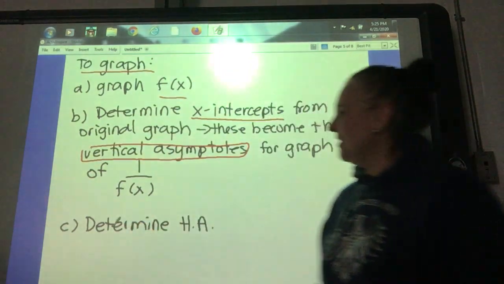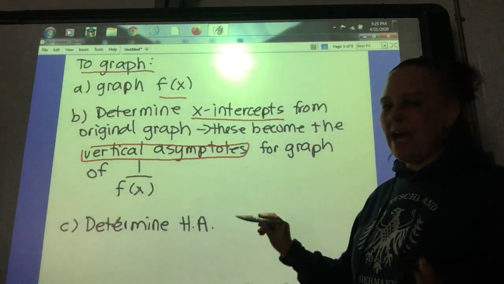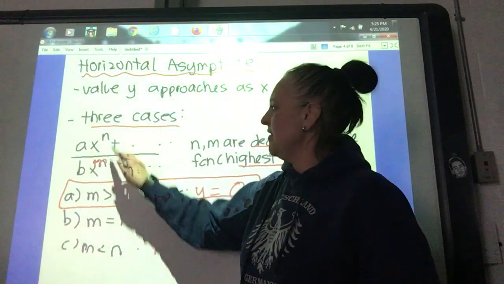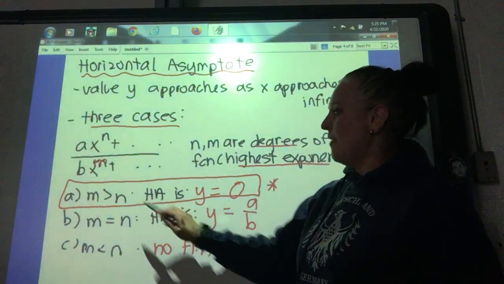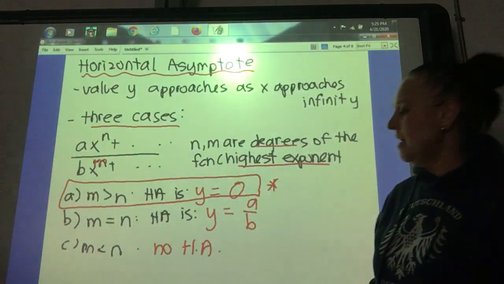Okay, step 3, determine the horizontal asymptote. Like I said, you would have to go through and test the case, compare the degrees in the numerator and denominator. For grade 11, your denominator will always be a higher degree than the numerator. So for us,